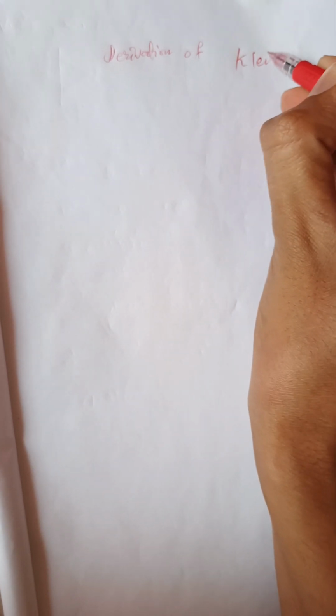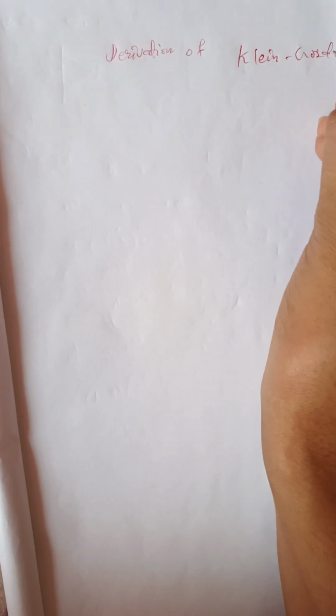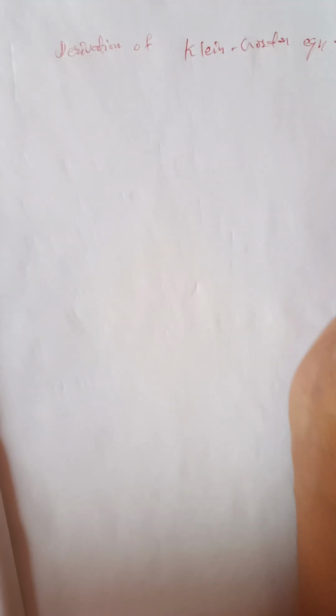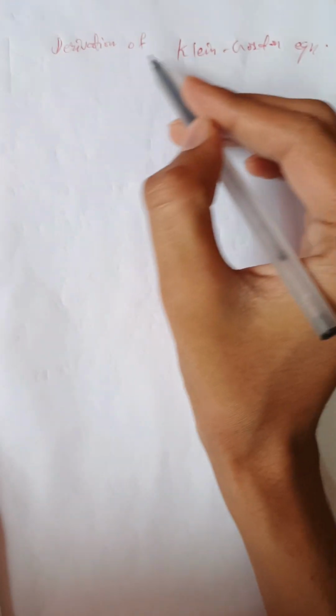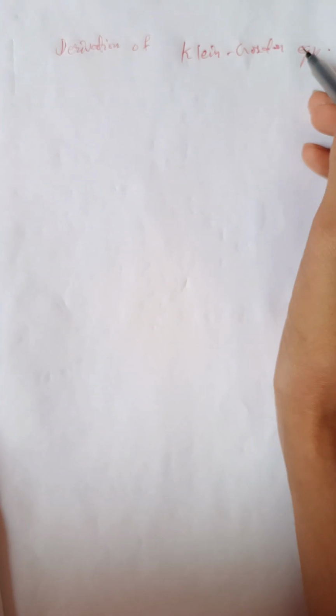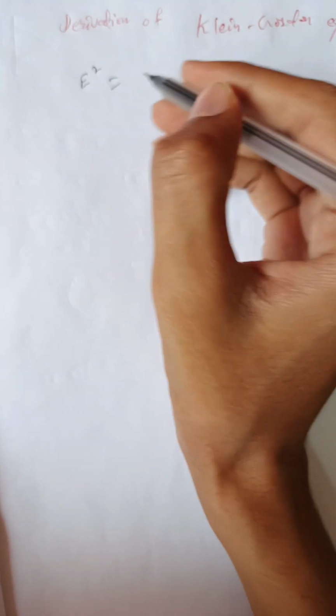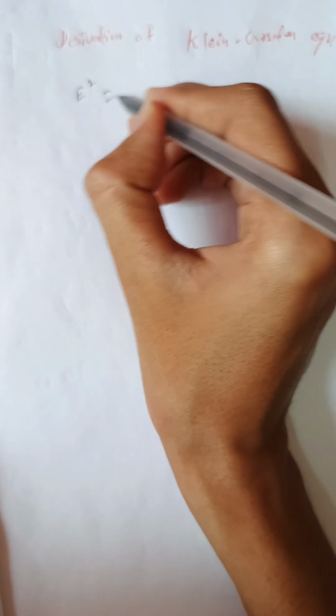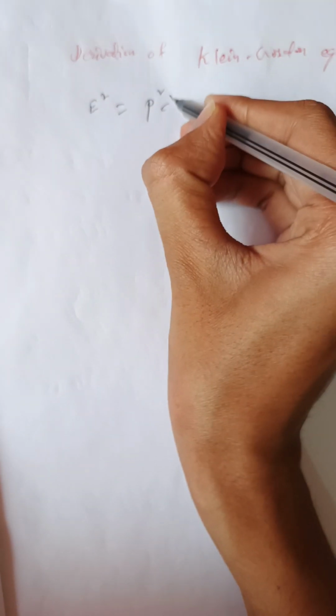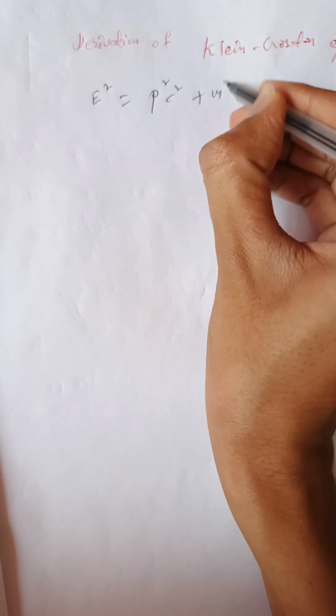In this video, we will study the derivation of the Klein Gordon equation. It's a very important equation in the domain of relativistic quantum mechanics. In order to derive it, we are going to use the energy momentum equation from special theory of relativity, and this is E squared equals P squared c squared plus m squared